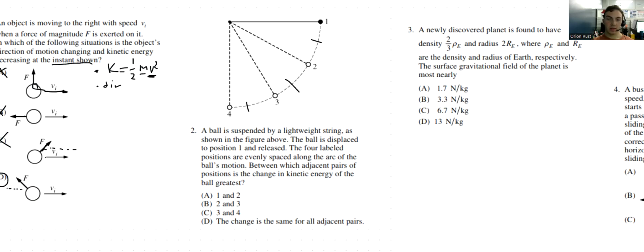So what it comes down to is the greatest change in kinetic energy. Well, what is our change in kinetic energy? We're again given the same formula. Kinetic energy is 1/2 the mass times the velocity squared. So think about it just for a minute logistically. We have a potential energy right here. Our potential energy is given by mass times the gravitational acceleration constant times height. Now, if we look at this system,